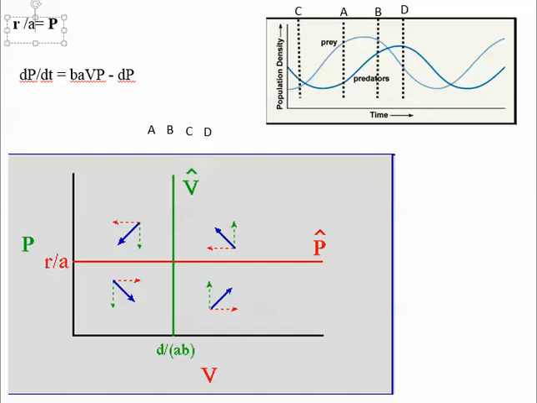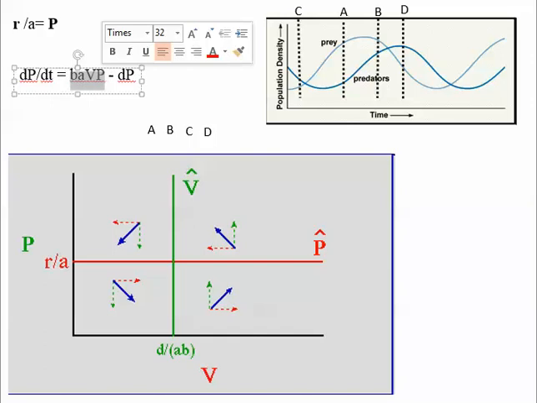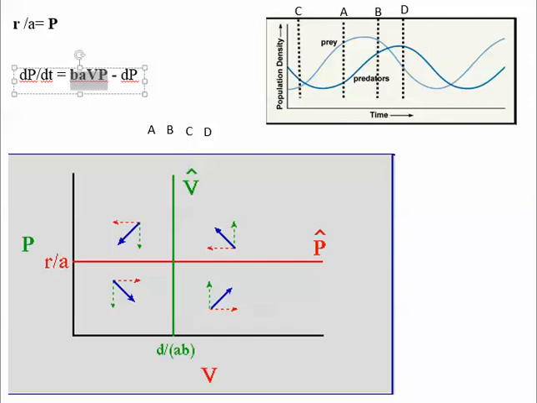Going back up to these equations again, we see that similarly we'd like to change the exponential growth rate equation now to say that the change in the density of population of predators through time has something to do with the birth rate, and that birth rate is modified by how eating victims affects the fitness of the population, minus some death rate for the predators. Similarly, if we set that equal to 0,